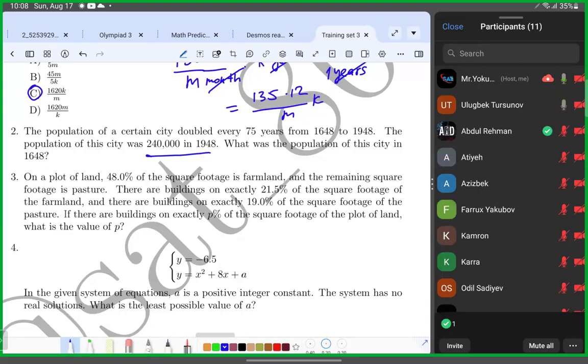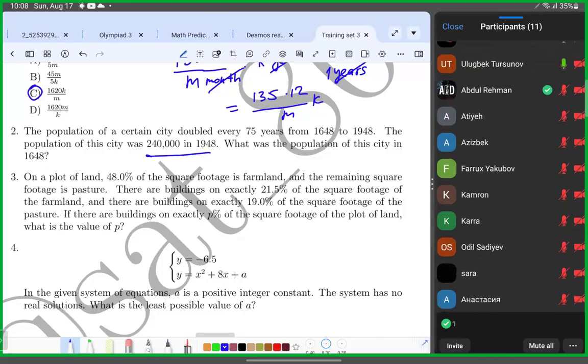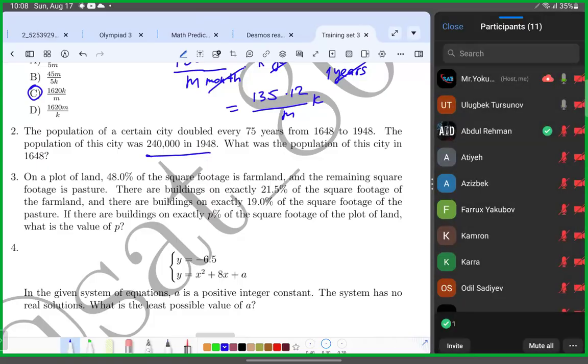You can see it doubles every 75 years. We need to find the population at that year. Look, how many years do we have from this year to this year? If you subtract the numbers, you will get 300 years. 300 divided by 75 gives 4 periods of 75 years. In every period,